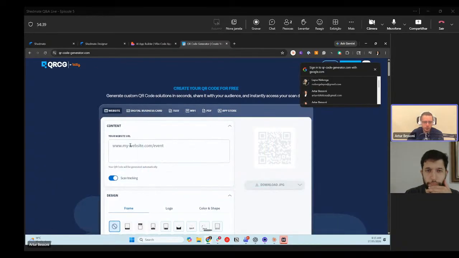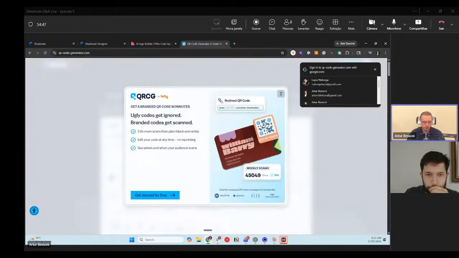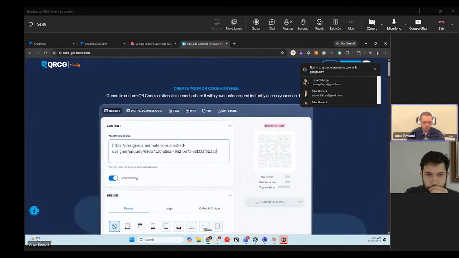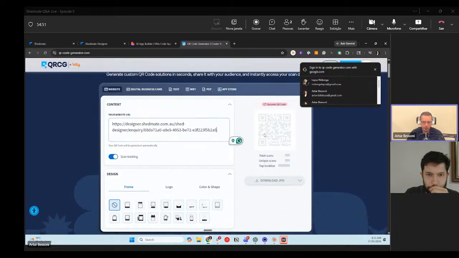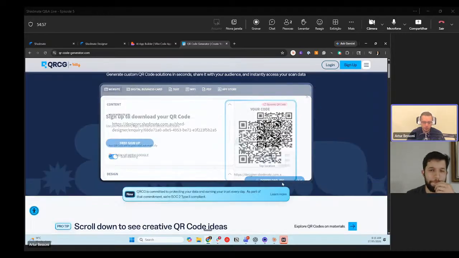So what I have to do here is just put the website URL. So if I come to this one, for example, I can copy this, and I can paste this here. And now it's automatically creating a QR code for me. So done. I have a QR code. I could download this QR code,